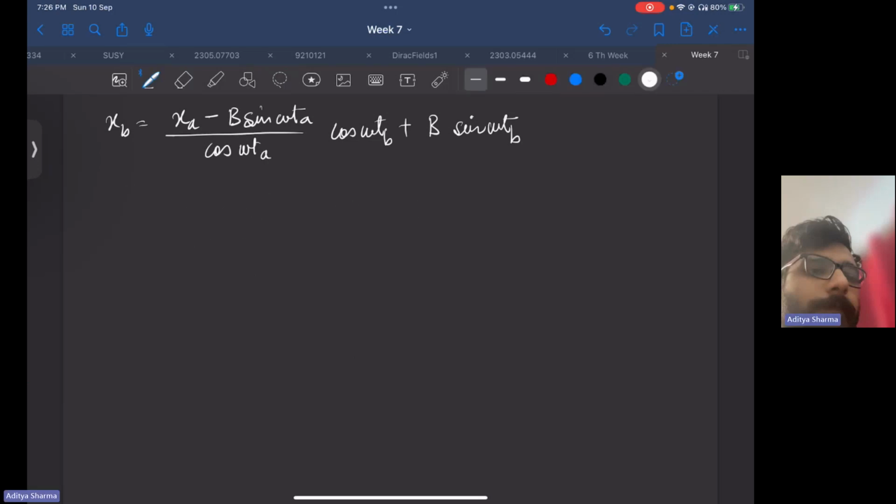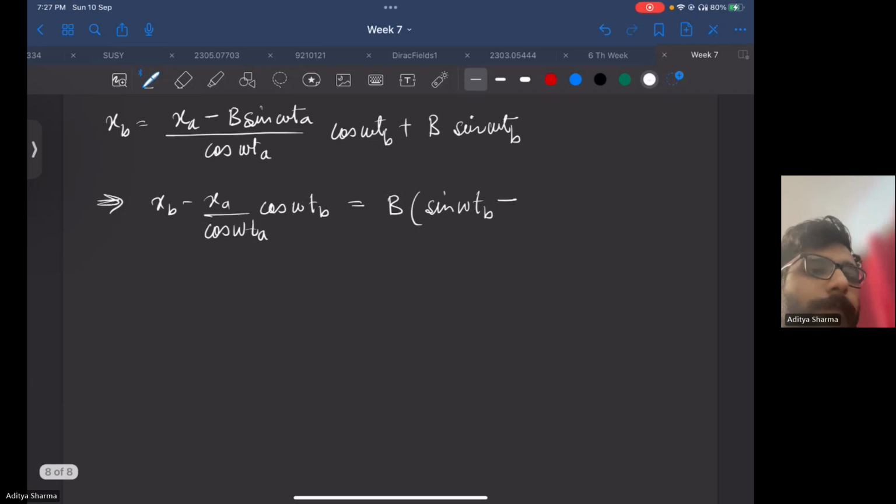So let me find b from here. xb minus xa cos omega ta cos omega td. I just put this down here, is equal to b sin omega tb minus tan omega ta cos omega tb. Therefore, b is equal to